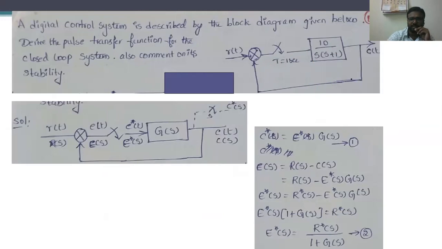So for this particular block diagram, what is the expression for C of Z divided by R of Z? It is nothing but G of S divided by 1 plus G of S into H of S. But the H of S value is 1, unity. So we have the expression for C of Z divided by R of Z as G of S divided by 1 plus G of S. Okay. So we need to determine this. So try to see this.